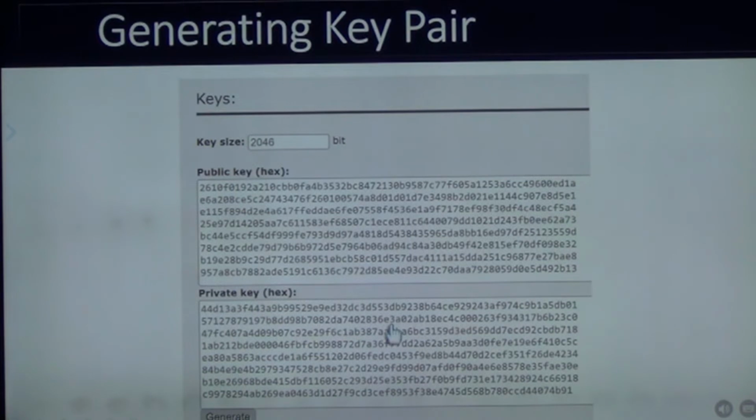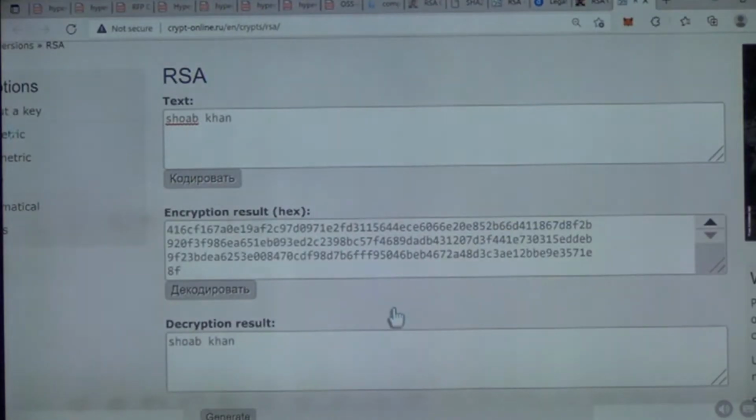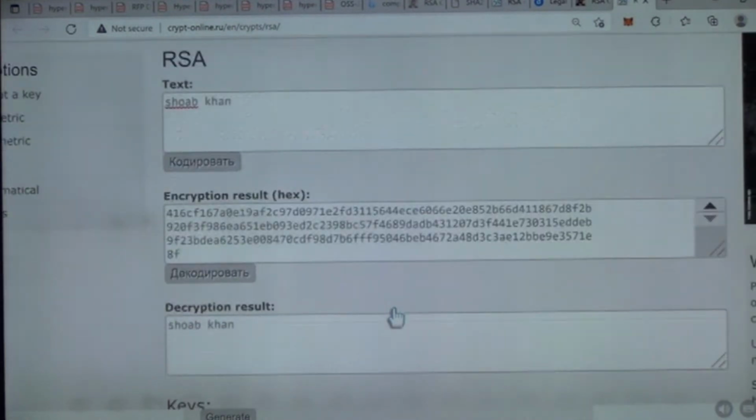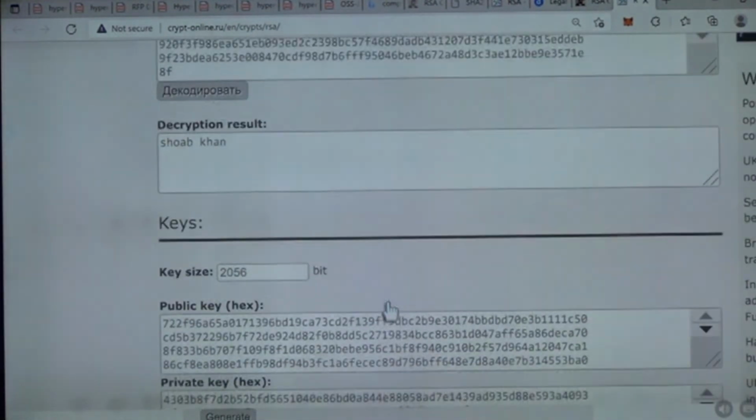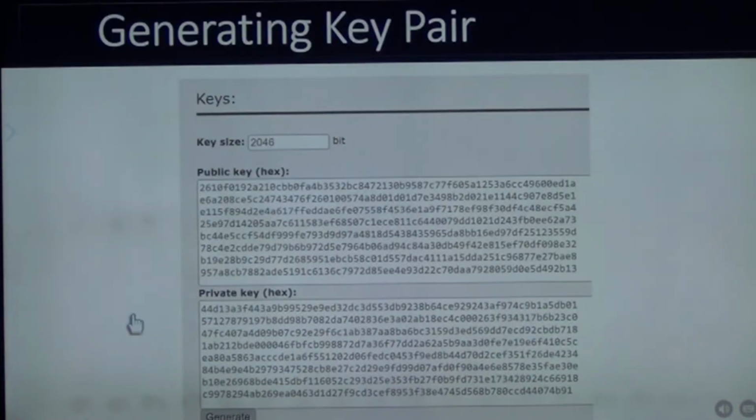And I don't even show you this private key. This is very secret to me, so I keep it with me, and as a matter of fact I don't show it to anybody. This is something very dear to me. So I can go here and generate this key. ठीक है जी, ये जो है हम इधर से 2046, कुछ भी जो लेंथ आप दे दें, 2046. So I generate. So this is the key.